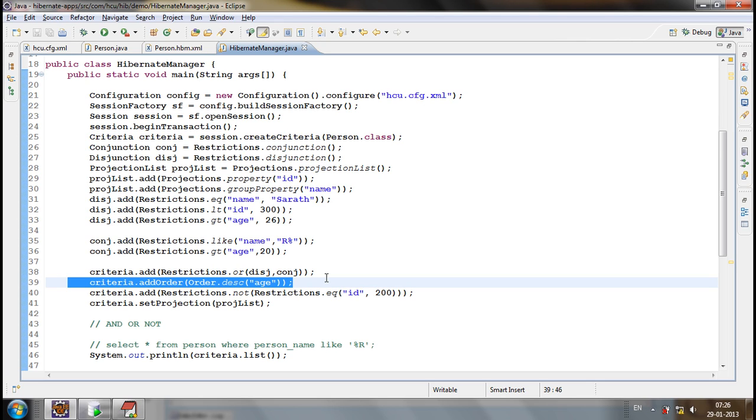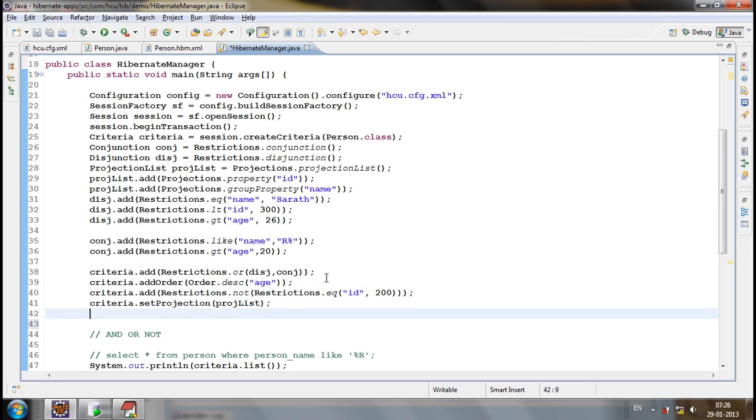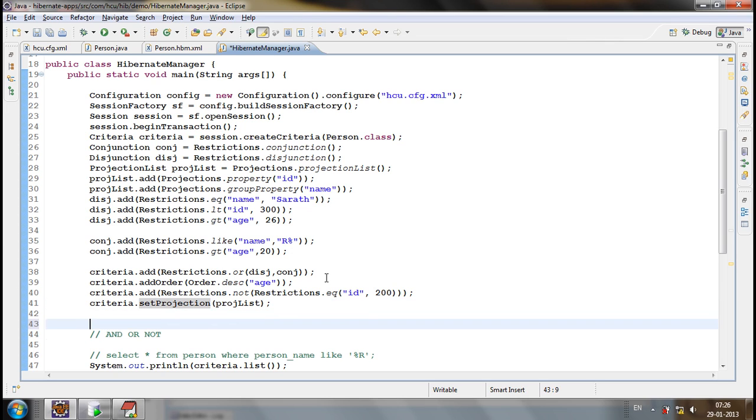Okay, this is how the criteria will be, and once the criteria is completed, in the criteria we can get the number of rows fetched. So let's consider there is a result set, and we are fetching some elements, and to get the row count, we need not execute the list method directly. We have a method named